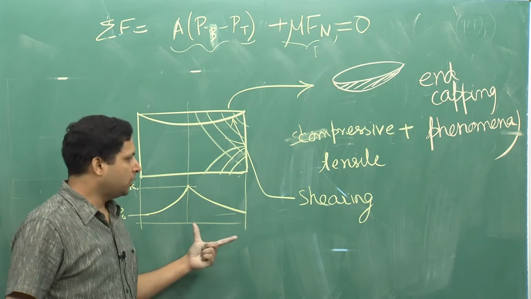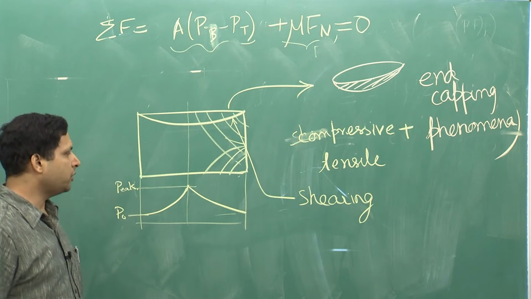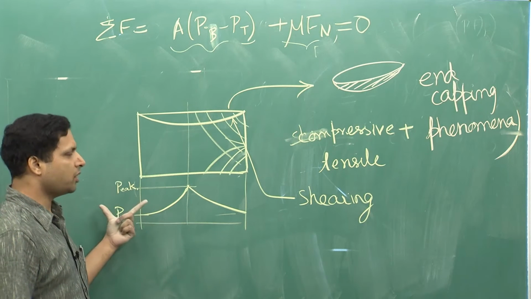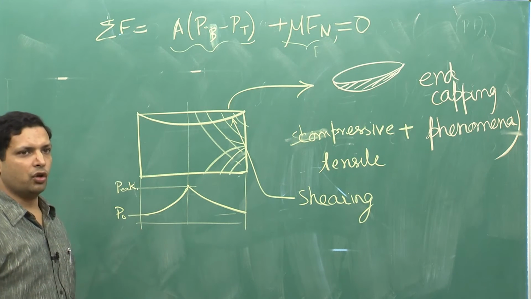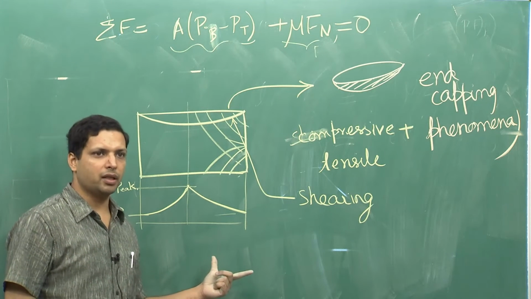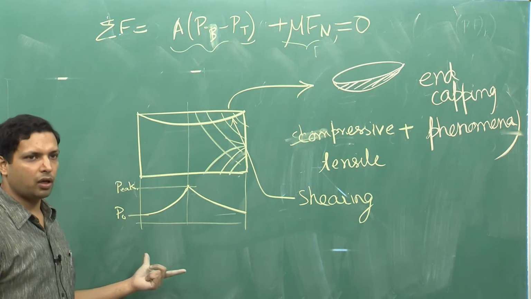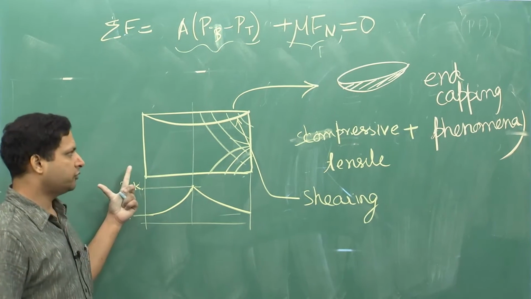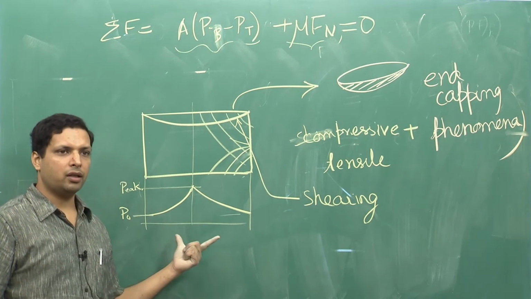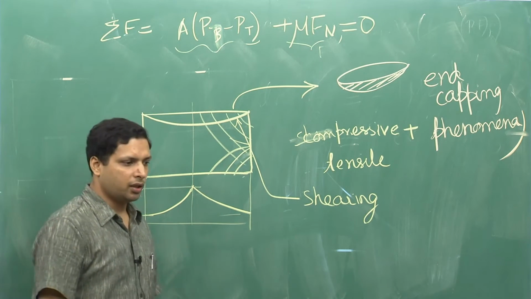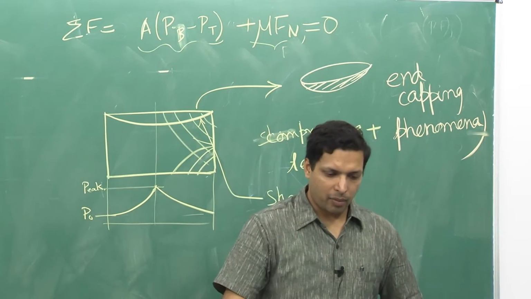So, this is also important, particularly when you are applying very large forces, large compaction pressures. This is another reason why we should not apply very large compaction pressure. You have to optimize based on the plot that we saw earlier, where you get saturation in the relative density, and also by finding out when the pressure becomes so large that you start to see the end capping phenomena. So, let us get back to the slide.